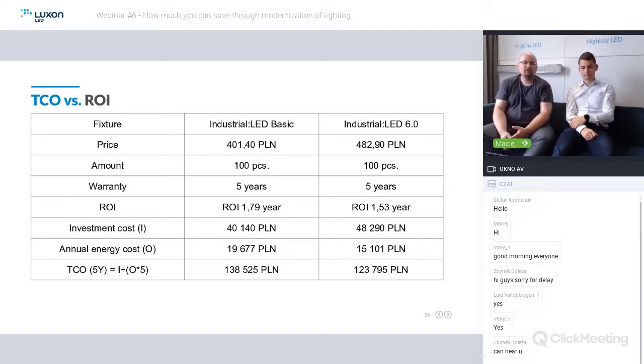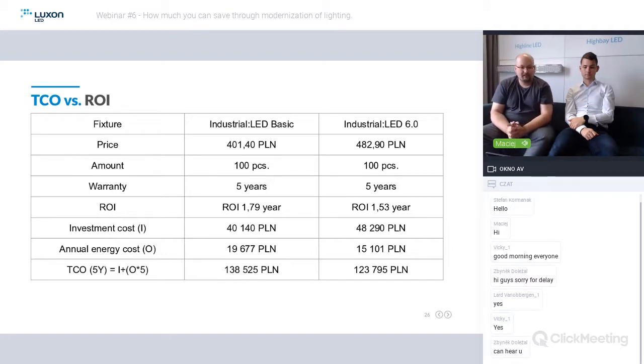One is 1.79, another one is 1.53. So if the customer would look only at the ROI and the cost of investment, then he would say, okay, for me, the difference in the investment that I have to make at the beginning... he may not want to pay 17% extra at the beginning to get, for example, a difference of 0.3 euro of investment, because these two values are similar, they are very attractive. But you can see the investment cost is 40,000 to over 48,000